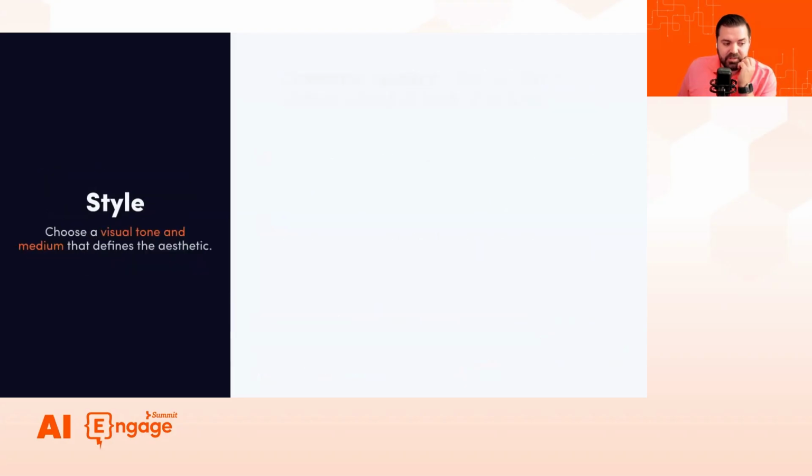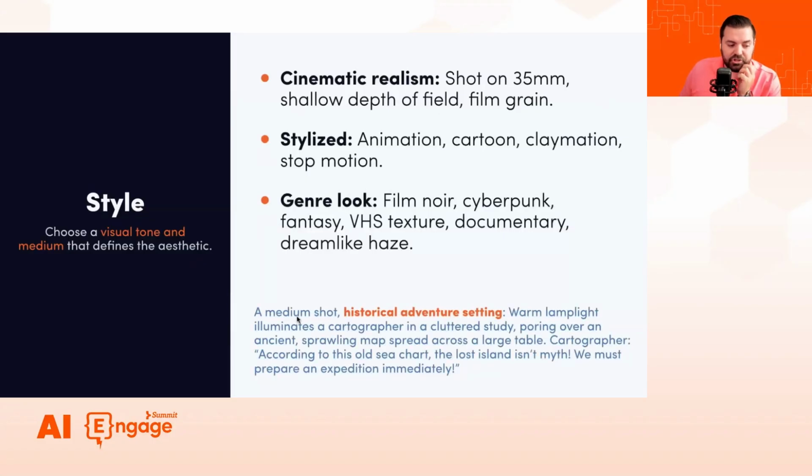So let's go to the second thing. You have the shot, the medium shot, which just frames the person in. It's not far away, and it's not zoomed in to the face, so it's like a body shot. Then you ask, what's the style? What's the visual tone and style for this specific one? That defines the aesthetic of the video. In here, it says historical adventure setting, so that's the style here. And notice how we're not describing the person or anything like that. The model made a lot of those assumptions. The sailor before was different.